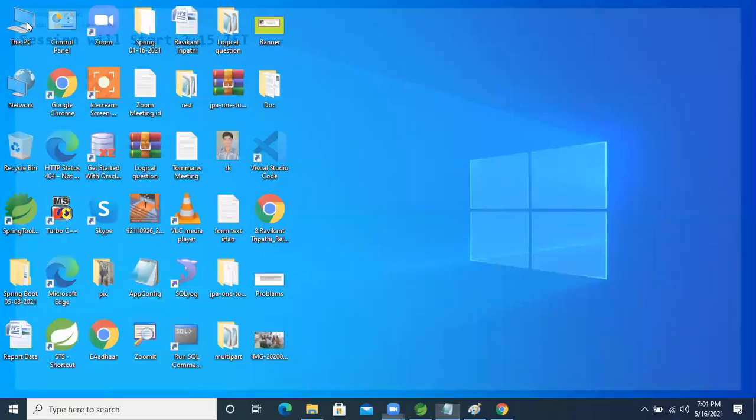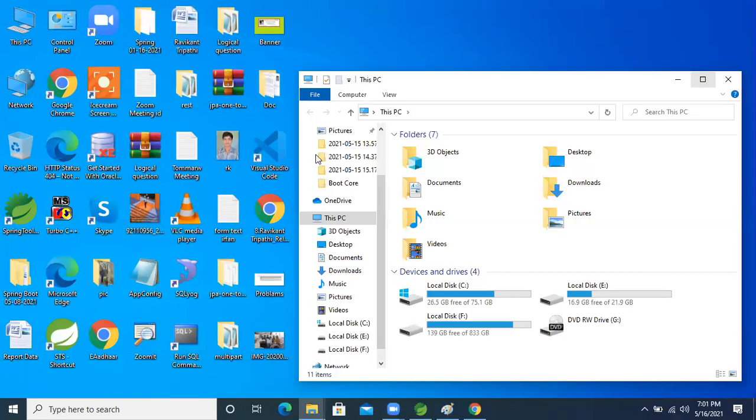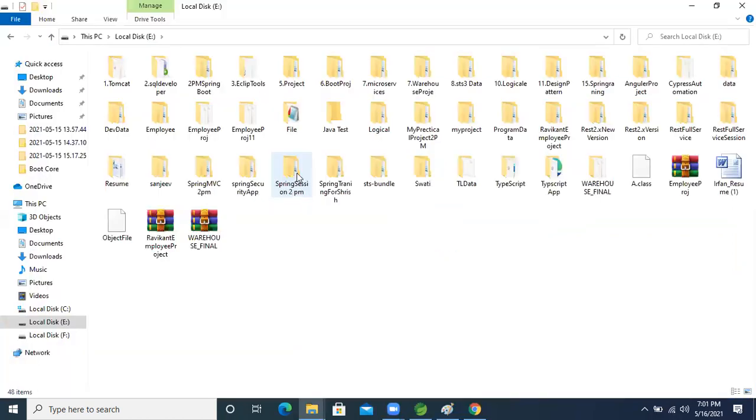Here This PC is there, right? Inside This PC, go inside local, where the Spring Boot session 2 p.m. Spring Boot folder is.